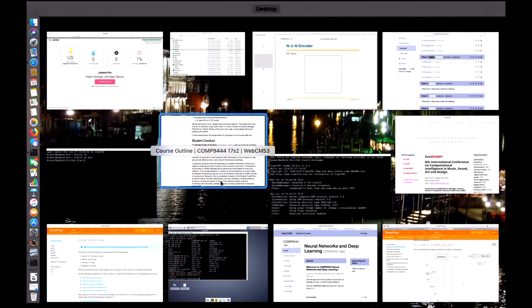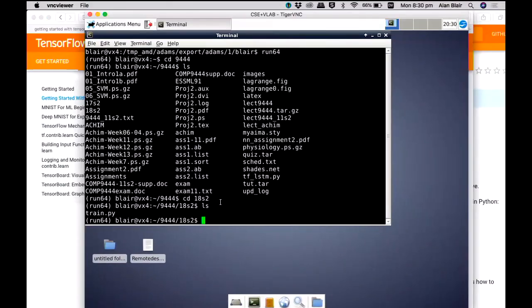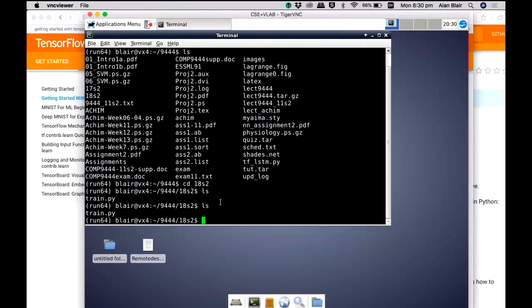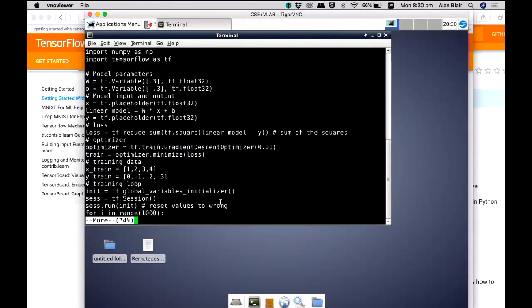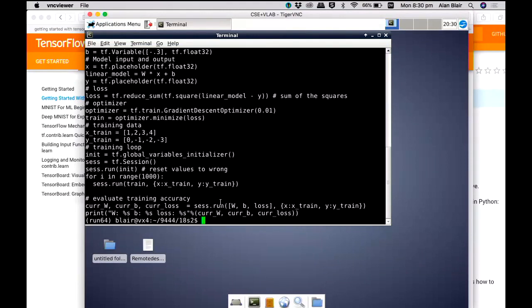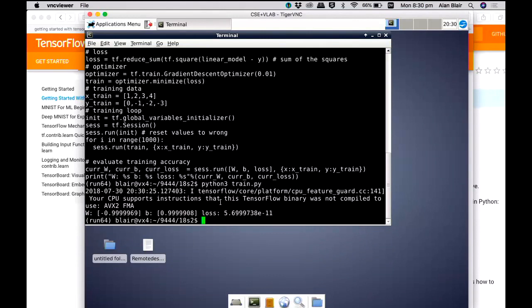So let me just see. I've just copied and pasted that code in here, and if I say python3 train.py, it comes back and says, okay, W, what did we say? It should be -1 and, it should be 1, that's funny.